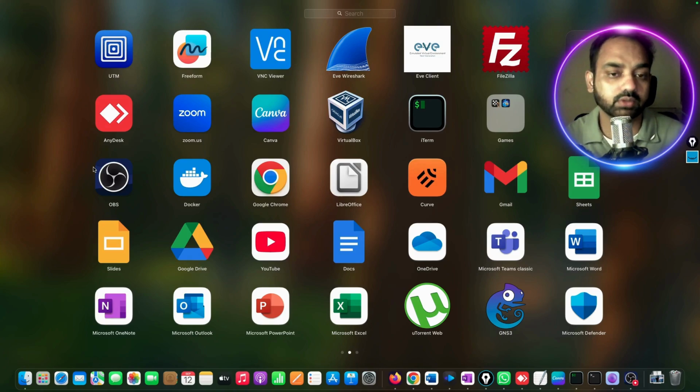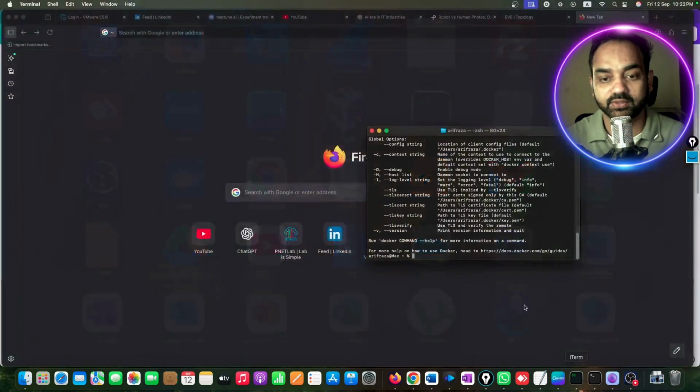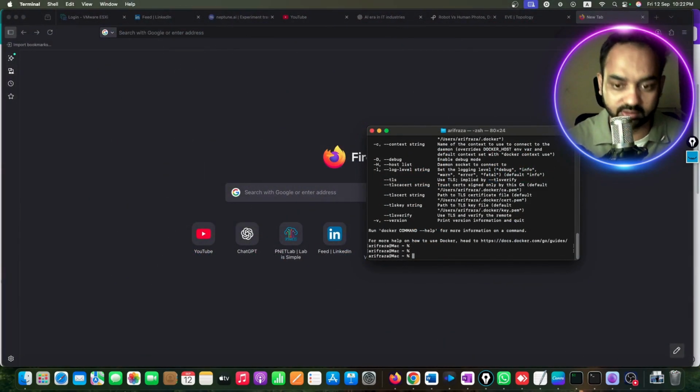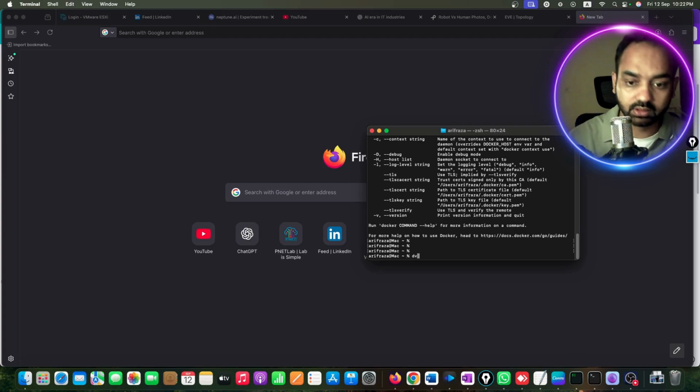If you want to install on Mac OS and run Docker and containers, I have UTM and this Docker Desktop. What I am going to tell you is something very new that is very easy and very light, right? So if I want to search here for Docker,